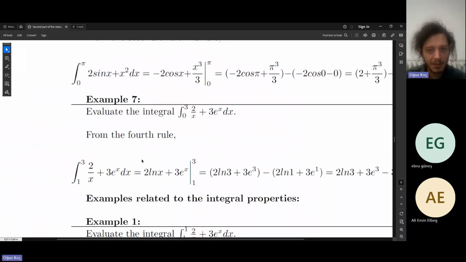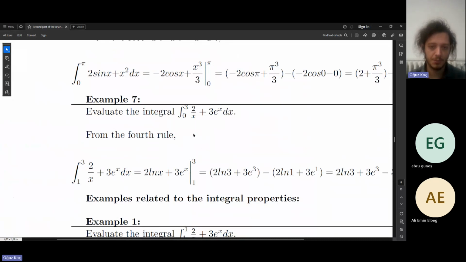And example 7, we have a different function, which is 2 over x plus 3 times e to the power of x. We need to take the integral of it. From the fourth rule,